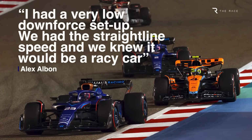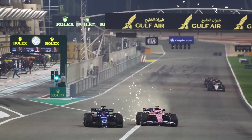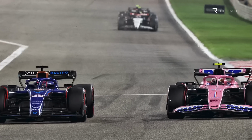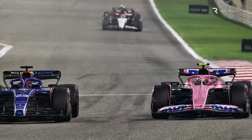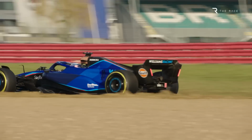That meant Albon was difficult to overtake in the race. Only Pierre Gasly was able to do so on track, and only then after the interruption of the virtual safety car, during which both came in to change to softs, but with Gasly having the crucial advantage of a new rather than used set. The Williams' main weakness is the same as last year, in combination entries to slower corners,